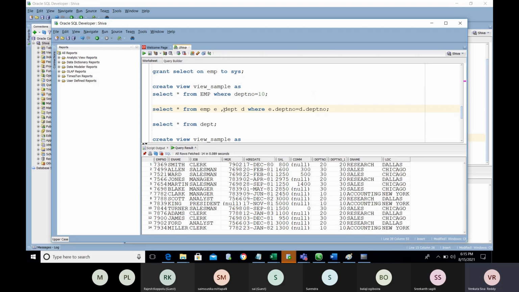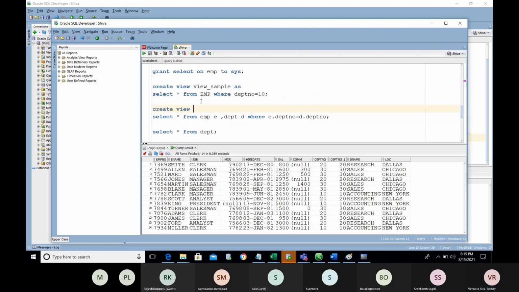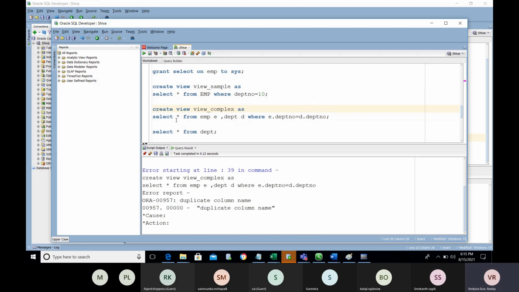Okay, see here we have 2 tables. You are retrieving the data based on 2 tables. Now, if I want to create a view for this, create view underscore complex as. Now I'm going to create the view. It is showing a duplicate name error.